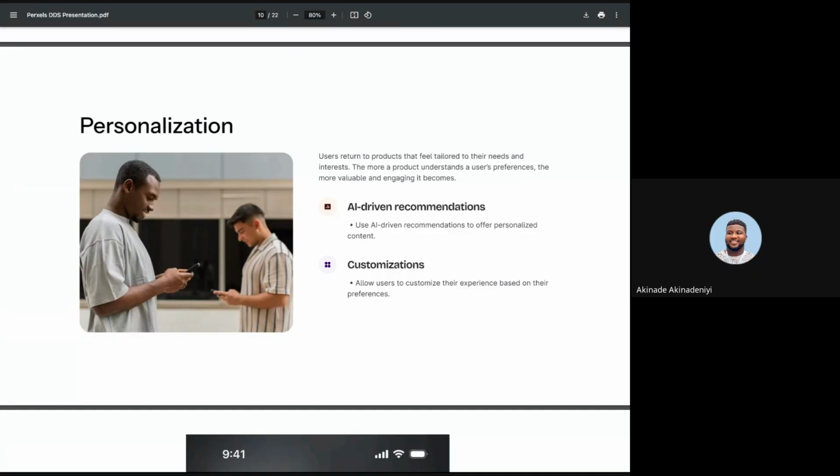I don't know if anybody can say in the comments any product they've used that they feel understands them. It just works for them and solves their problem. And one thing about people is that people are constantly searching for things. If I find a product that works for me, I use it. But if I come across something better, I'll move on. We don't have that kind of loyalty to some of these products. Once there's a new thing, everybody wants to try it out. Everybody wants to jump ship.